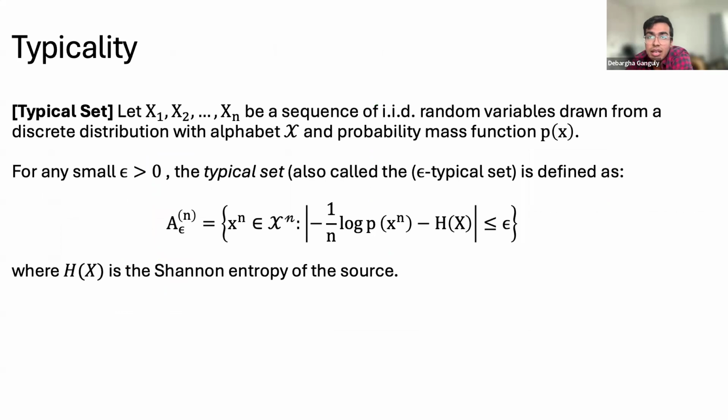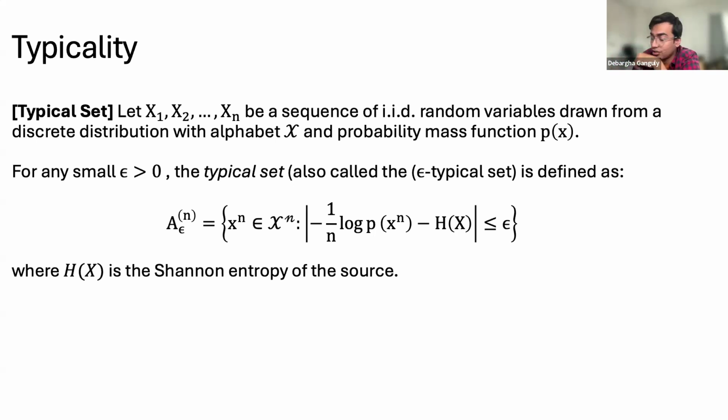So it's used in a lot of compression and coding theory work in information theory. Typical sequences have a probability very close to 2 to the power of minus n h of x, and h of x is the entropy of the source. So despite being a small subset of all possible sequences, the typical set contains almost all the probability mass